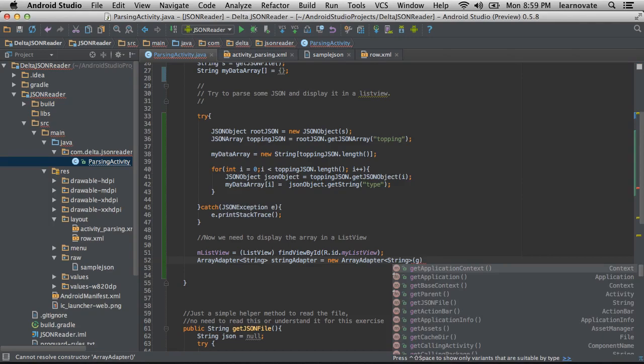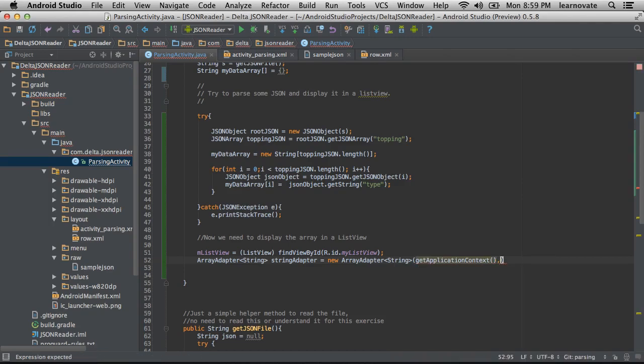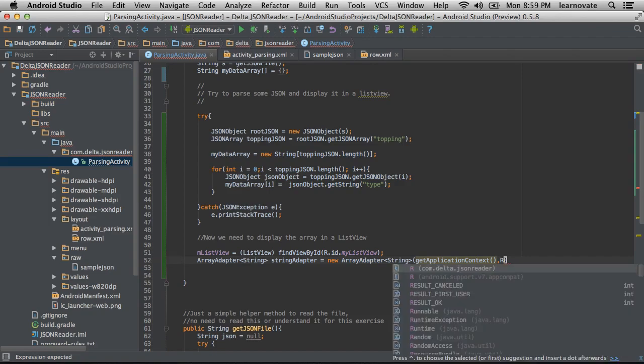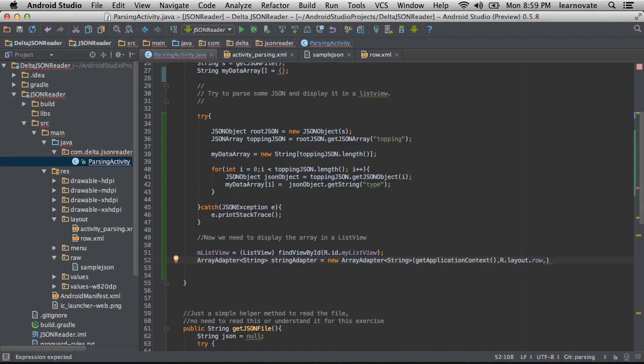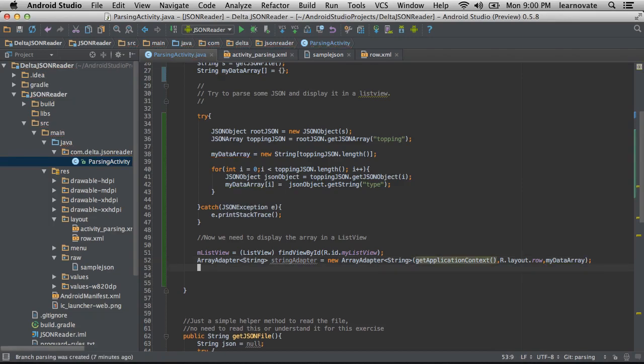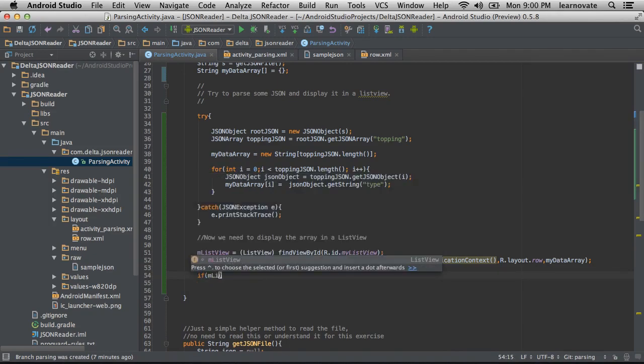So what's this string adapter? What's going on here? Oh, I'm just creating an array adapter, because I actually got all of the data as a string and then stuck it into an array of strings on line 42. And so here we're just quickly putting it together by sticking that data, a row, and the context object, and then we're going to apply that to the list view.